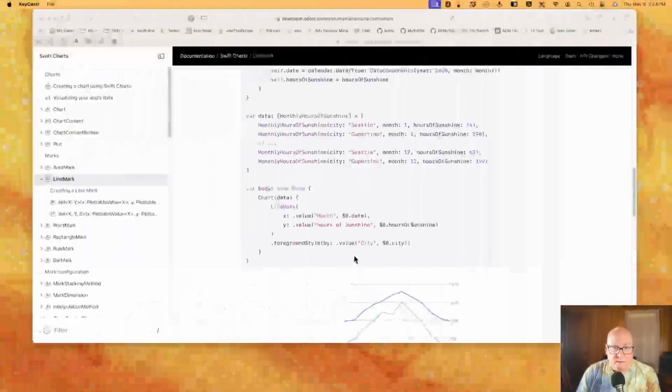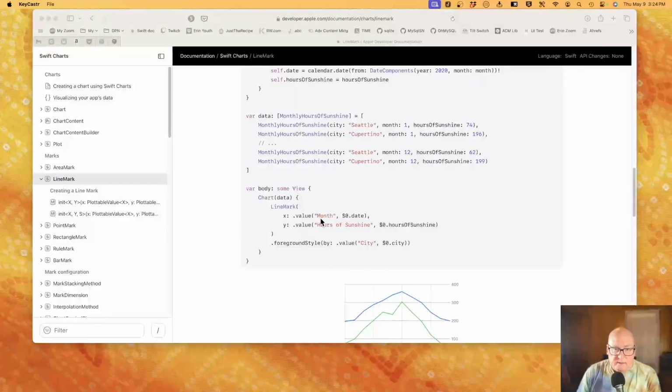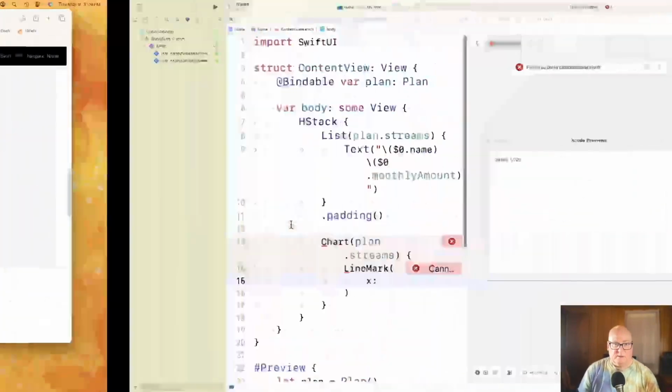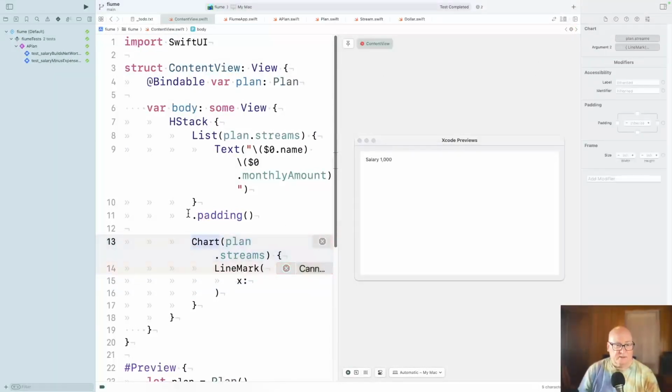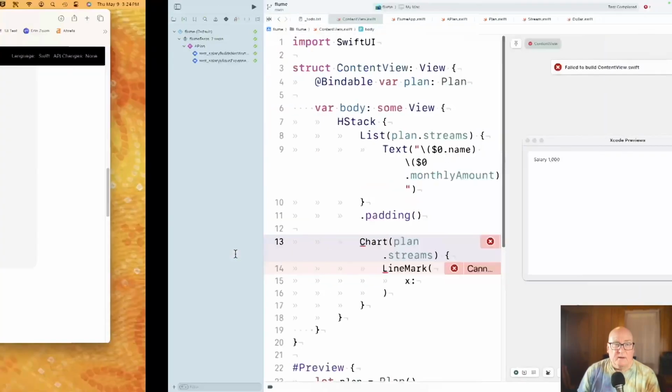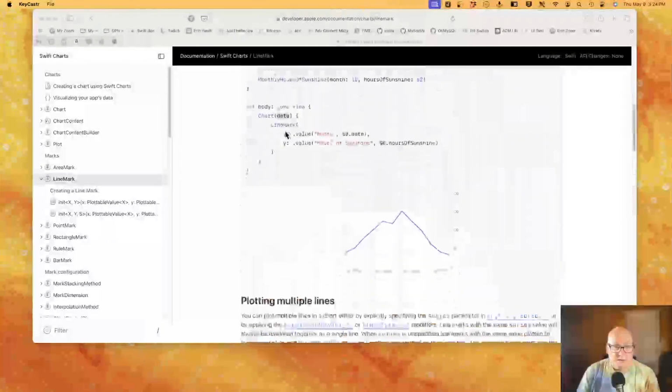X is the month. I don't know what dot value is, but cannot find chart in scope. Do I have to import charts or something?